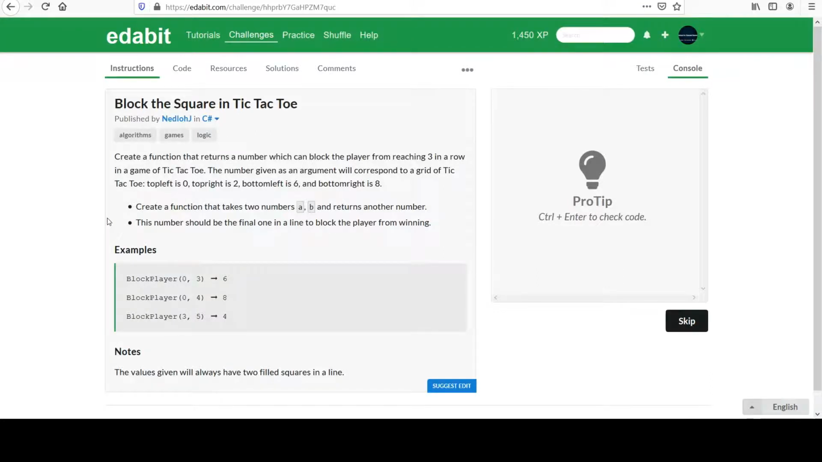Your next challenge is entitled Block the Square in Tic-Tac-Toe. Create a function that returns a number which can block the player from reaching 3 in a row in a game of tic-tac-toe. The number given as an argument will correspond to a grid of tic-tac-toe. The top left is 0, the top right is 2, the bottom left is 6, and the bottom right is